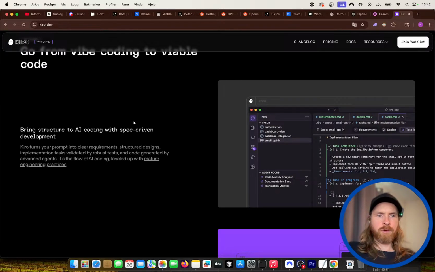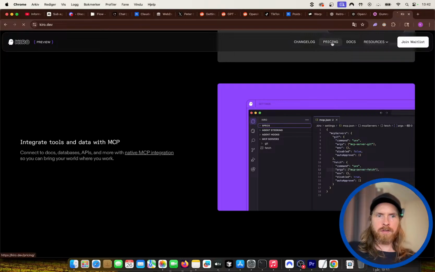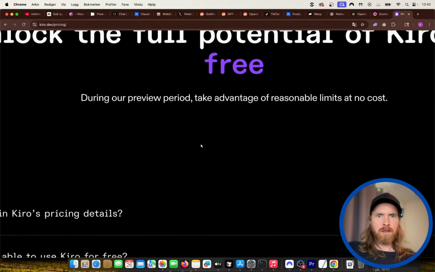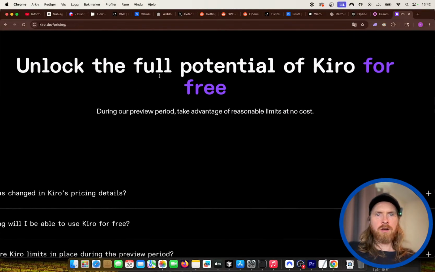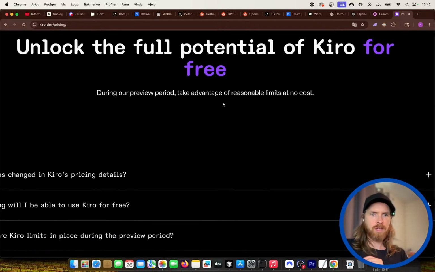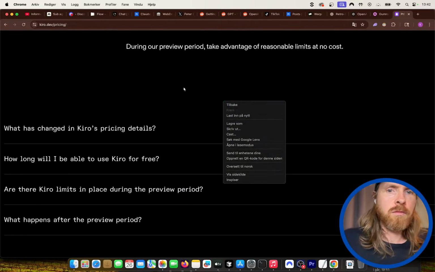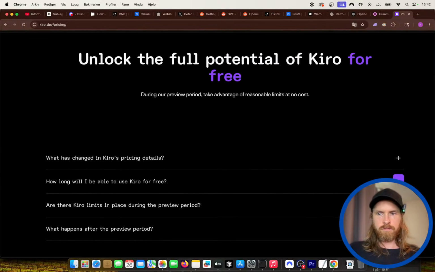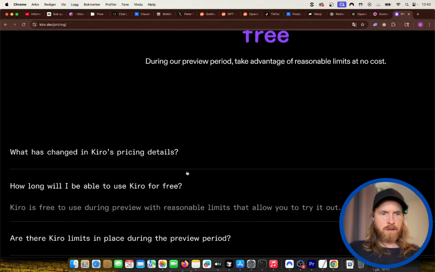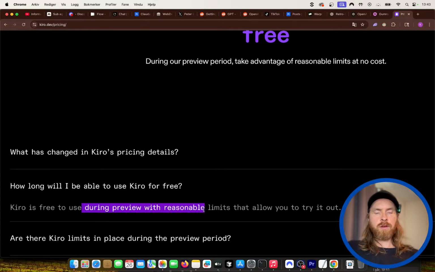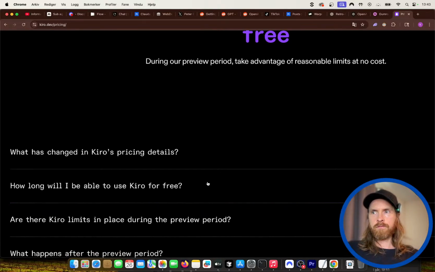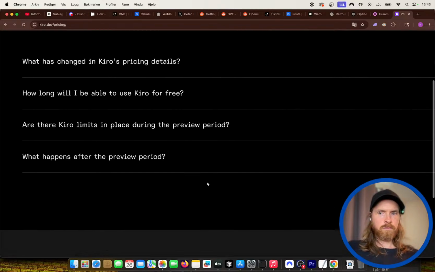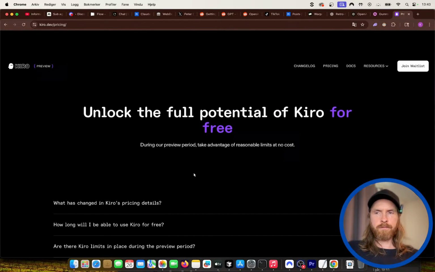AWS Kiro is still free. Let's check pricing. Yeah, it says unlock the full potential of Kiro for free, but I don't know how much you can use it. How long will I be able to use Kiro for free? Free to use during the preview, with reasonable limits. Okay, I might have to try this someday.